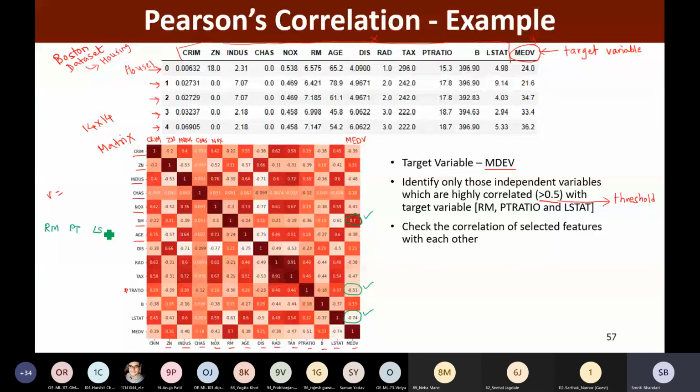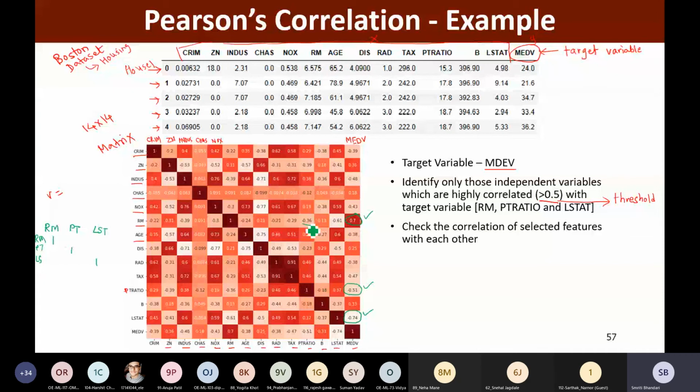So here also I am having RM, PT ratio and LSTAT. So correlation between RM and RM is one, obviously the self-correlated variables. Then correlation between RM and PT ratio. Here is my RM column. Okay, and where is my PT ratio column? My PT ratio column is this.